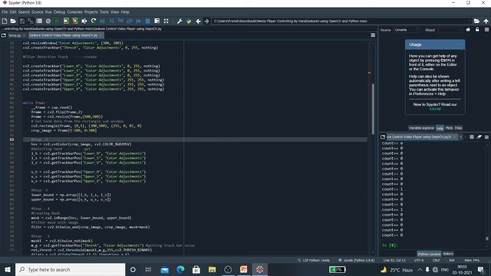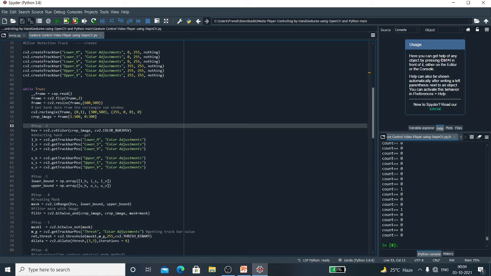In the while loop, this crop image and the rectangle are used to divide my result window into two parts. This crop image is basically the blue box that I showed you in the demonstration.